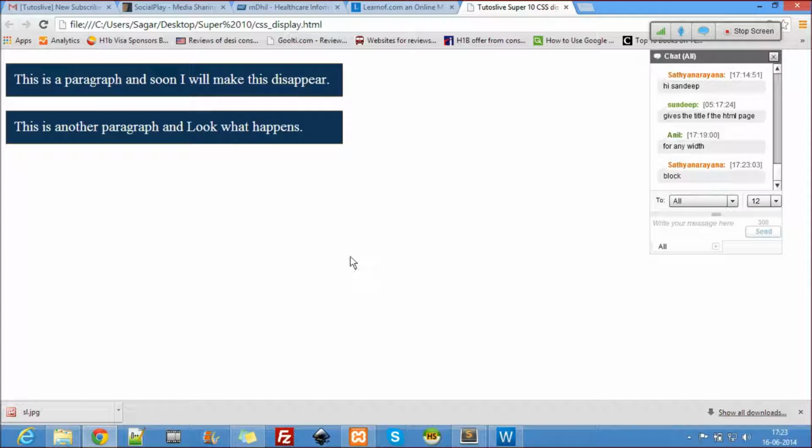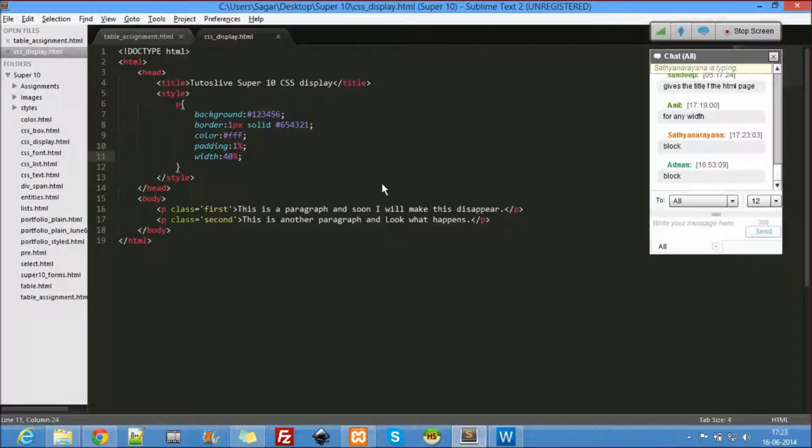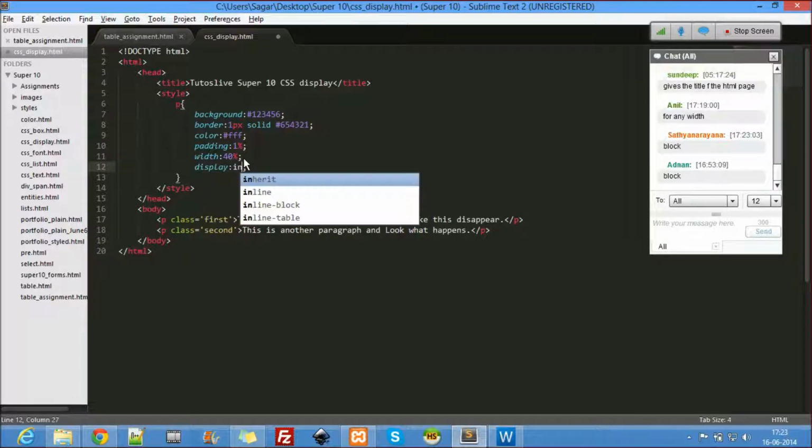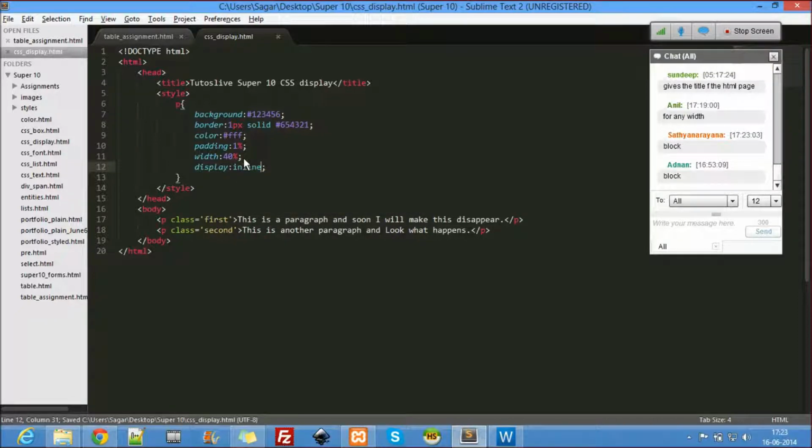Block. So now I can convert this into inline using CSS, with my display property. I said display inline. Display is what decides what its scope should be. So display block will make its scope 100%.